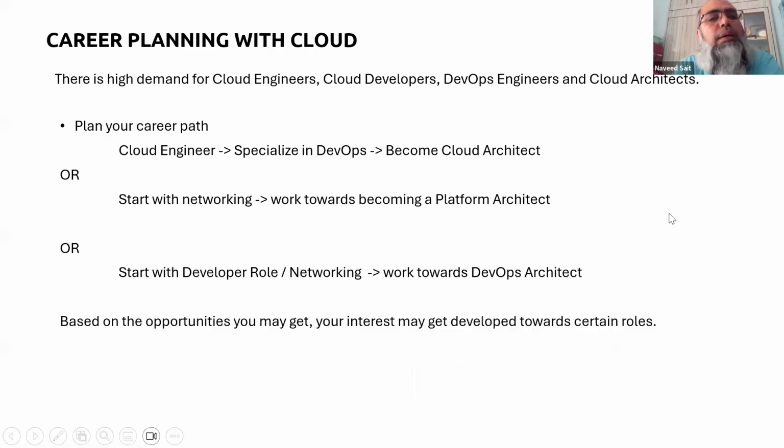If you are to plan a career, we say you can start off being a cloud engineer. It's a good start. You learn a lot of things. You suddenly say, I think architect is a very nice role. I don't have an IT background. Can I become a cloud solutions architect? Well, you can. It takes a path. Here's cloud solutions architect. You take this path. If you want to drive a